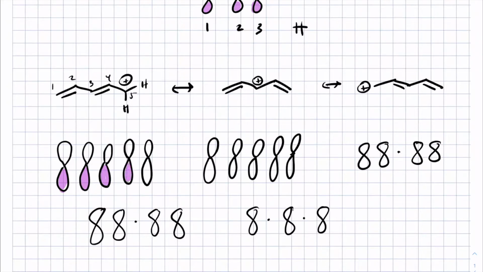I like to color both lobes, but since I'm not wanting to bore you any more than I usually do, I think I probably will just fill in the one. All right. So those are 5 pi orbitals available to that carbocation,